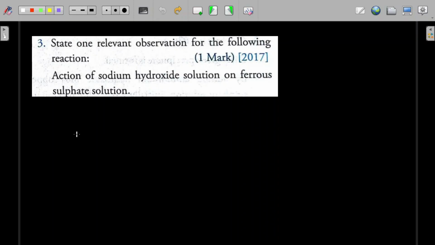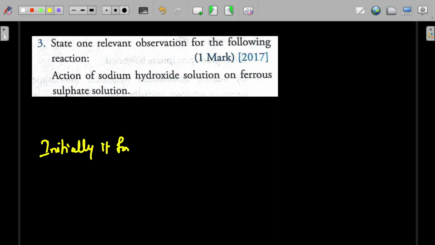It remains insoluble. Which one remains insoluble? Whatever dirty green precipitate forms. Okay. We will write initially